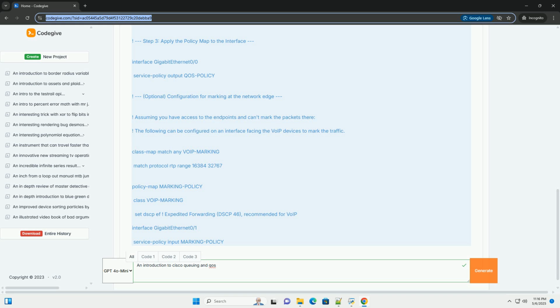Congestion management. Determines how traffic is handled when congestion occurs, using queuing and scheduling mechanisms to prioritize different classes of traffic. Congestion avoidance. Attempts to proactively prevent congestion by monitoring traffic levels and taking action to reduce congestion before it occurs. Cisco queuing mechanisms. Cisco routers and switches offer a variety of queuing mechanisms for managing network traffic. Some of the most commonly used mechanisms include